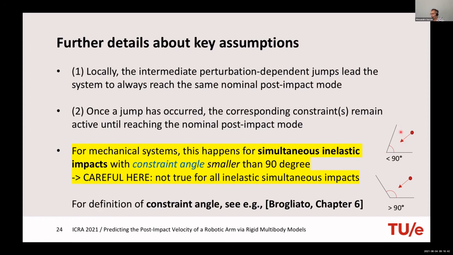Imagine what happens when you perturb a little bit the position and velocity of this ball: you will impact and start sliding, and then you will get stuck in the corner. But if the angle between these two surfaces is not 90 degrees, but larger, then when you impact you will start sliding, but the moment you start impacting the other wall, you'll start sliding on the other surface. So whenever you have this inelastic impact, it is very important to also consider the angle.